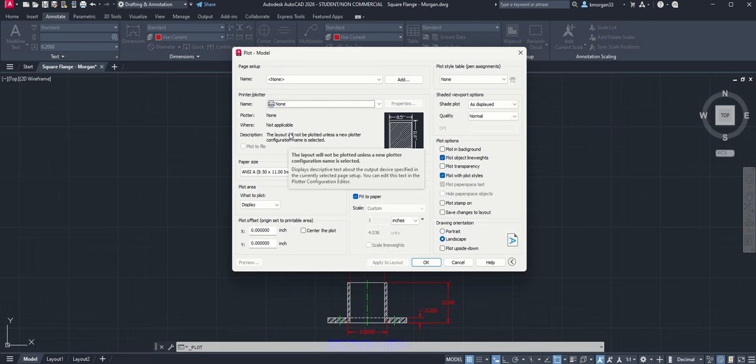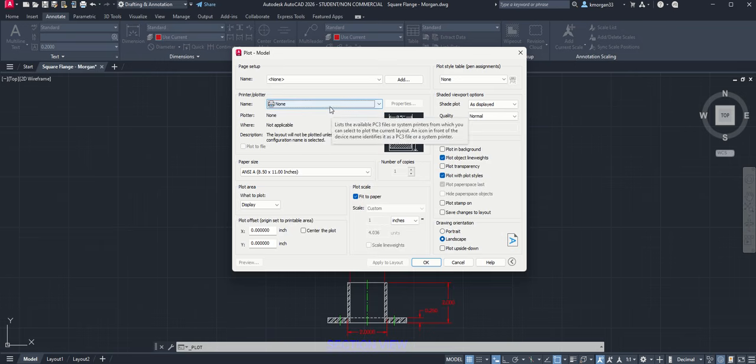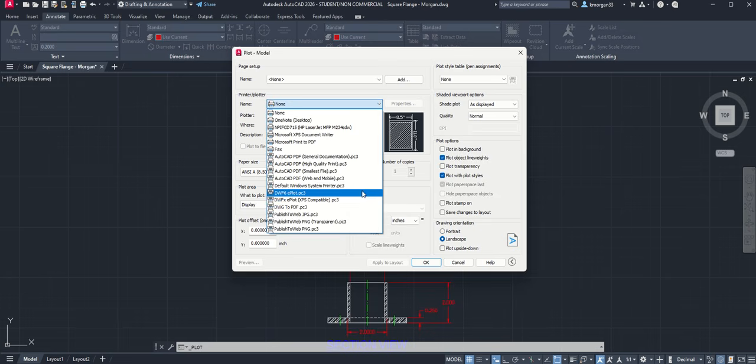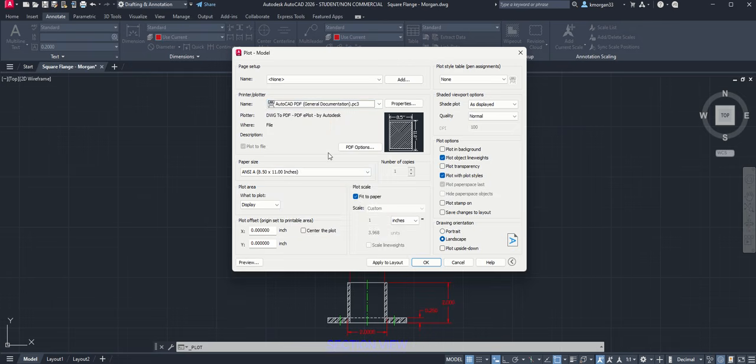the plot model dialog box right there, and you will have to choose, because we want to make sure that you choose a general documentation, which is a PC3. So let's go to the general documentation, which is this one right here, and choose that. Once we finish choosing the name of the printer or the plotter, we want to make it a PDF document, and we will check the paper size. Your paper size is right here, and we want to keep it at ANSI